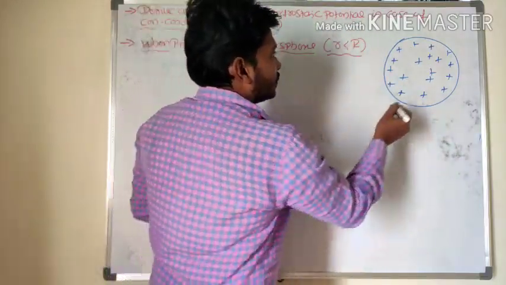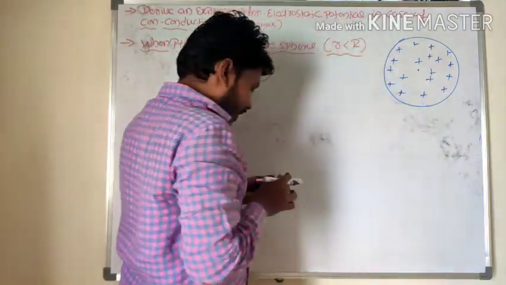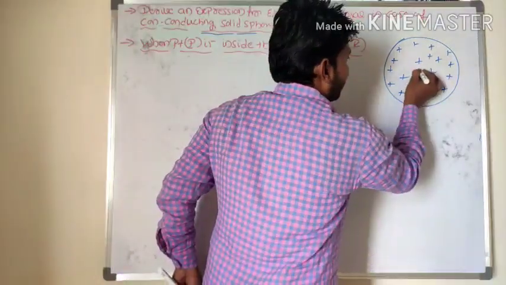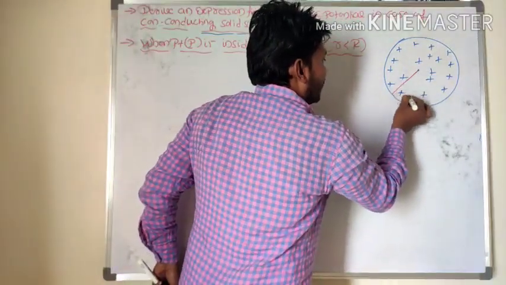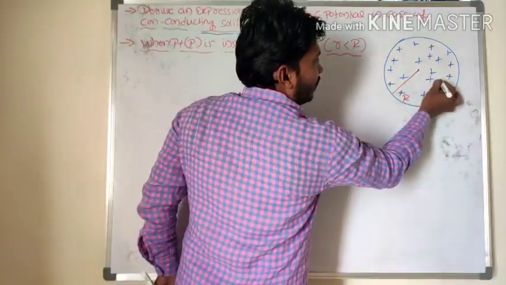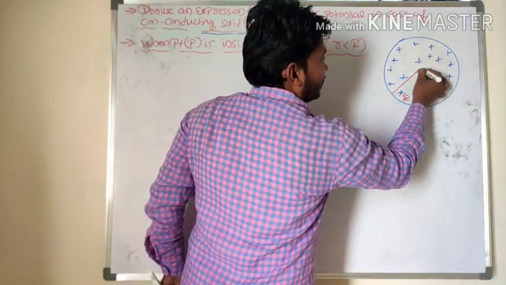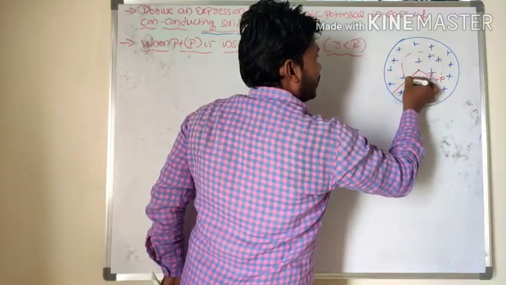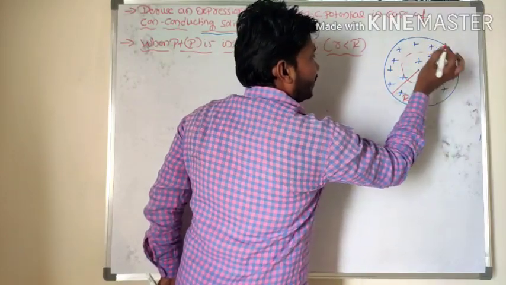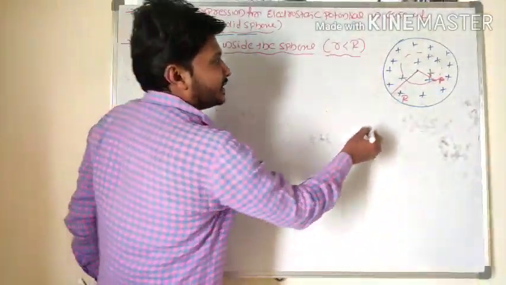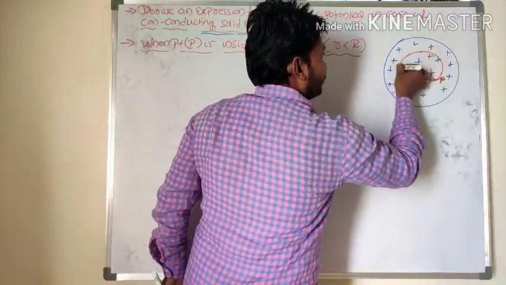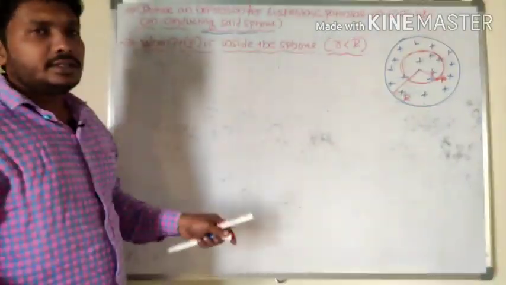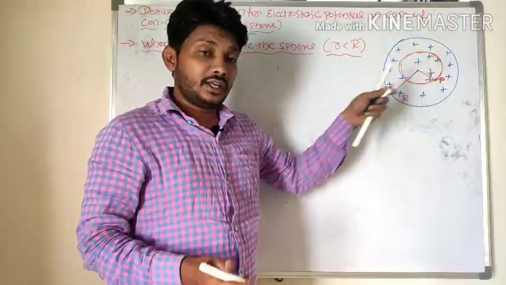So for example, these are all the charges here. Now I will choose one point here, so that point is present inside the solid sphere. For example, this will be the radius of the solid sphere. Now let me choose one point P here. This point P is at a distance r from the center of the sphere. So this point P is inside the solid sphere. Then my interest is to find the value of potential at this particular point.